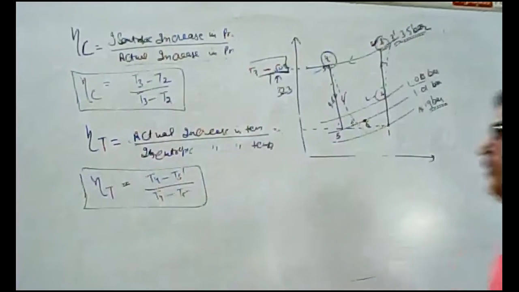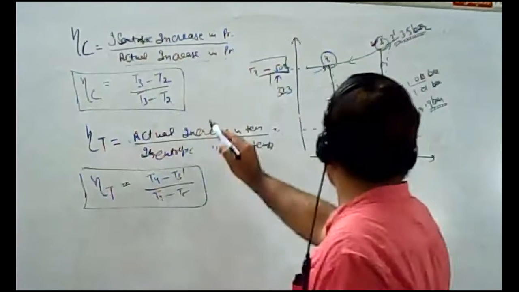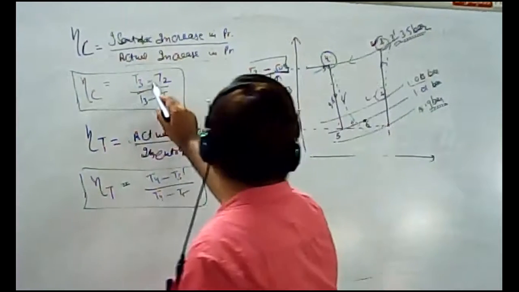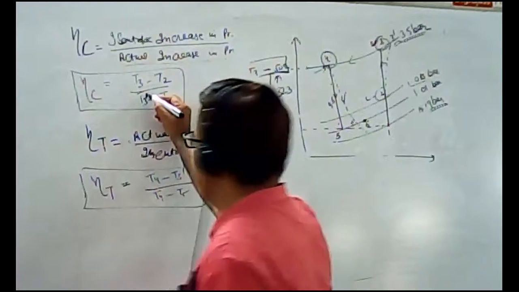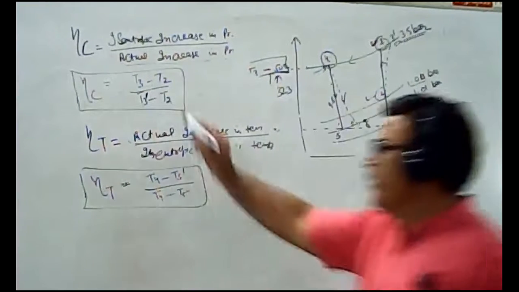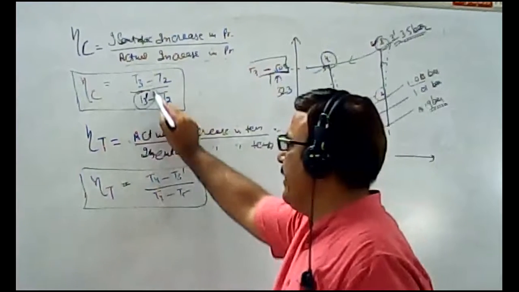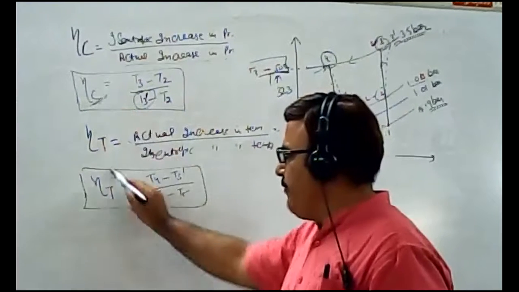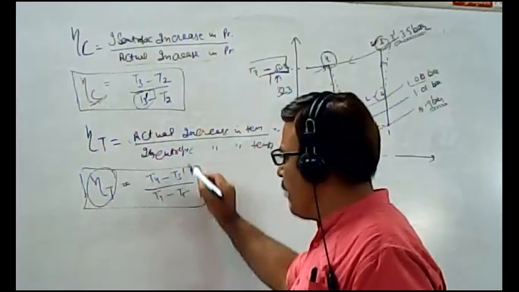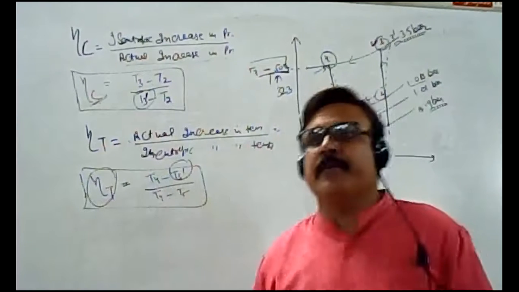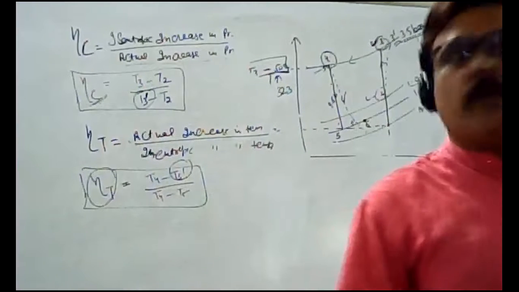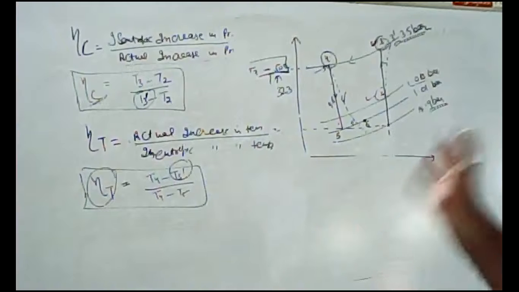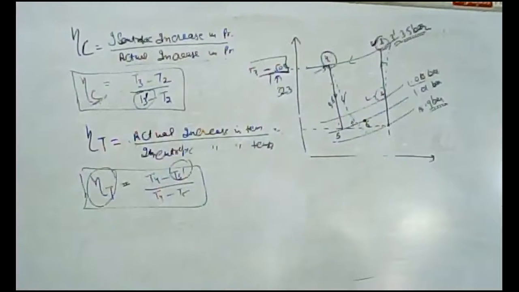So from here, both this value isentropic and actual T3 dash. So from here you can calculate the value of T3 dash if efficiency of compressor is given. If efficiency of turbine is given, then you can calculate the value T5 dash from these two formulas. So everybody note down these two formulas. These two formulas will be used in the next numerical. Hurry up.